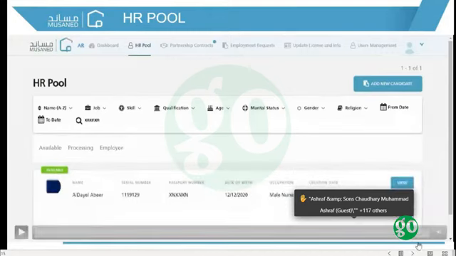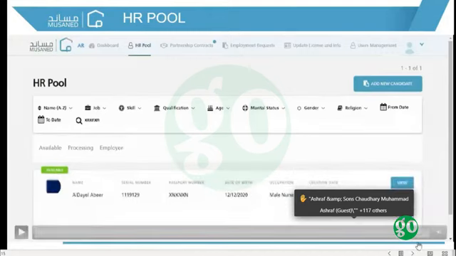User can also view the job or the occupation of the candidate under this contract and the nationality of the candidate, the name of the PRO, and the status of the payment, whether it is paid by the private recruitment office or unpaid, and the creation date of the contract. As we see here, the status of the contract is EPRO approval, meaning that the request was received by the private recruitment office and it is waiting for my action as an EPRO to either approve the contract or reject